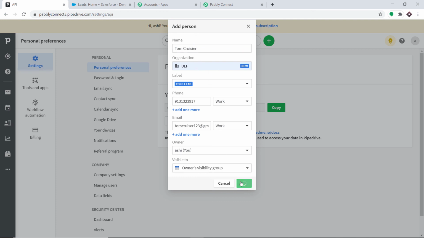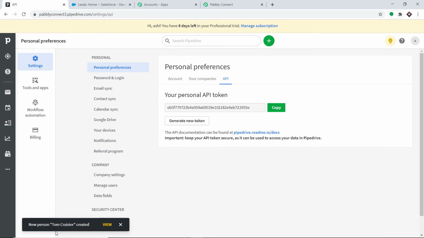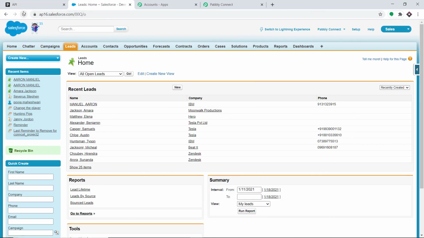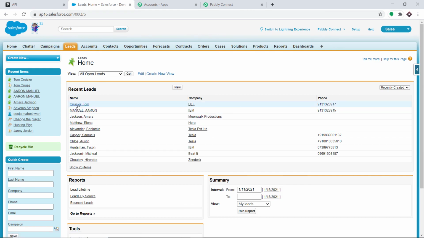Just click on save. A person called Tom Cruiser has been created as a person in Pipedrive. Let's have a look in leads whether we have a Tom Cruiser. Yes, there is a lead called Tom Cruiser and he works in the company DLF and this is the phone number. Excellent. So our integration is working absolutely fine.